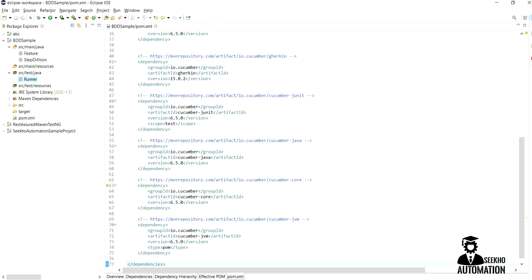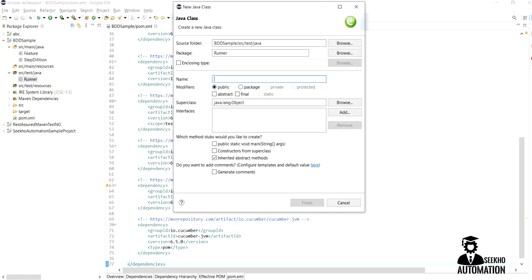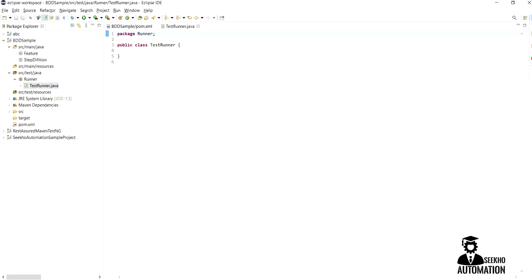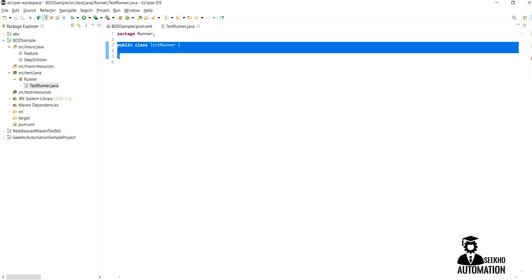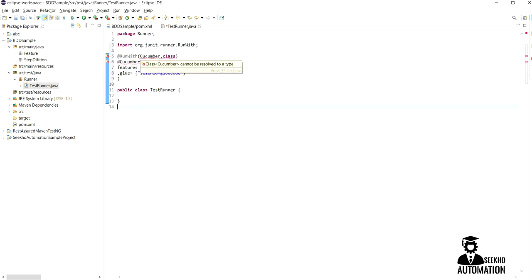Many of us don't know what a test runner class is. Basically, the test runner class is what helps you to execute the Cucumber framework. Your test runner class is ready. Import RunWith, JUnit and Cucumber classes.